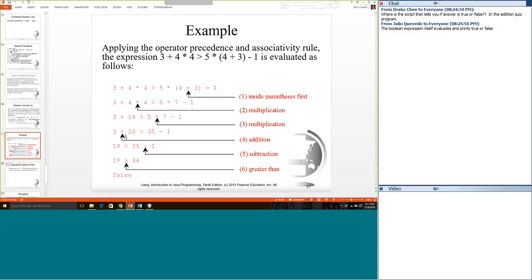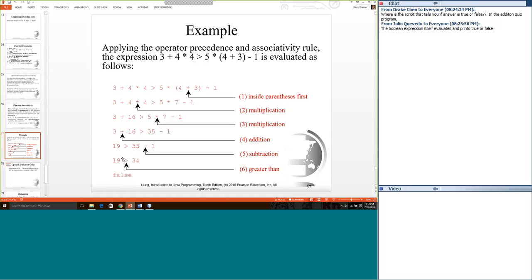And now we have a plus, a greater than, and a minus sign. What gets executed next is the plus, because it is the same level of precedence as the minus. When that's the case, it goes left to right. So we'll do the left one first, and it will combine 3 and 16, to get 19. We have a greater than sign, and 35 minus 1. Well, a minus sign gets done next, so we get 34.